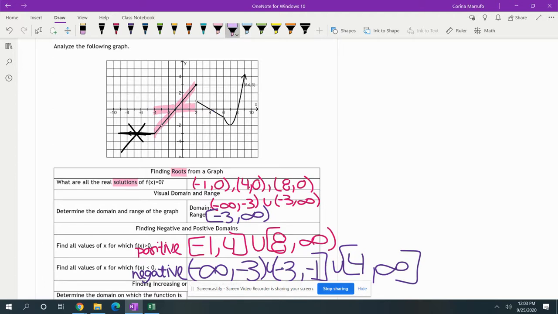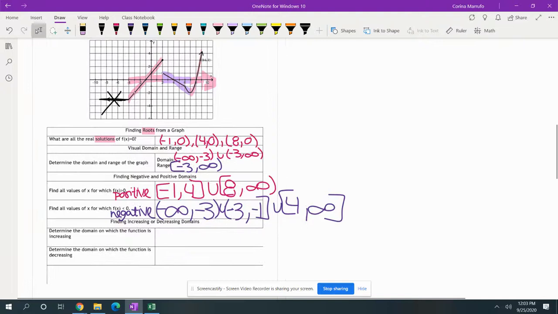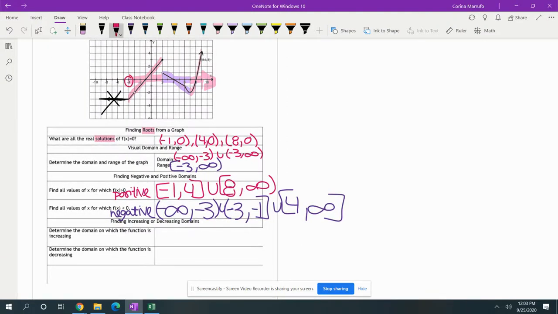Okay, then our graph starts to go down, it drops, and then all of a sudden it takes a turning point. So it's going up from here to here, down from here to here, and then it takes a turning point and starts going back up again, which is this section in your domain. So when we're giving these intervals for increasing, it is going to be from -4. We have this little gap here, so we're going to do -4 to -3, and then u from -3 all the way up to 2,